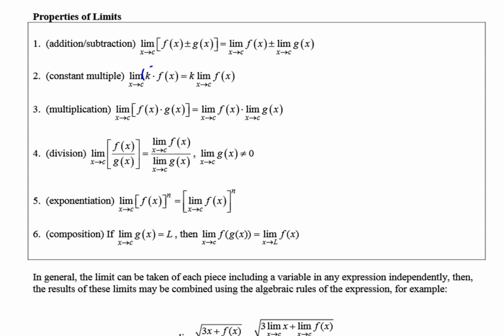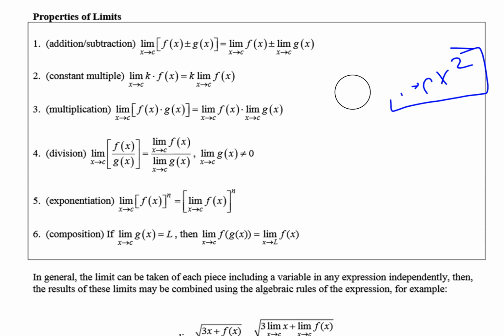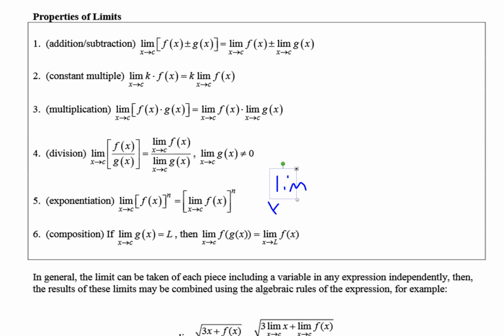If you have a constant being multiplied by your function, say something like 4x squared, you can take that 4 out and then just figure out the limit and then multiply it by 4. Then we have the multiplication, division, like I said, exponentiation. So if your function is even that same function, limit as x approaches 2 of x squared, you can instead find the limit as x approaches 2